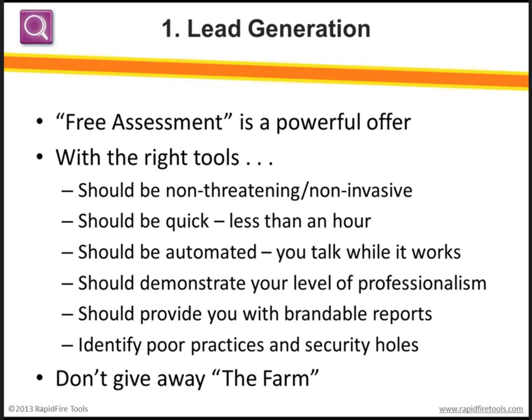So as far as lead generation, at trade shows and on the phone, we speak with a lot of service providers, and it should be no surprise that a key area of focus is growing their business by adding customers. And so how do you do that? So marketing and lead generation, of course. But along with really good solid tactics, maybe a good list, good copy, you really do need a compelling offer, or what some people call a call to action, something that's going to get a prospect to take a look at what you have to offer, raise their hand and say, sure, I'm up for a sales call